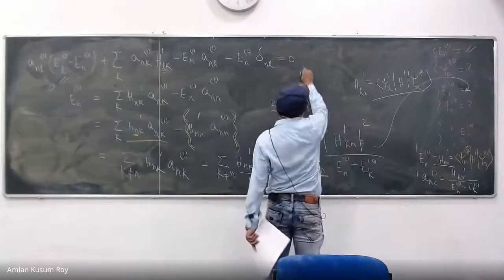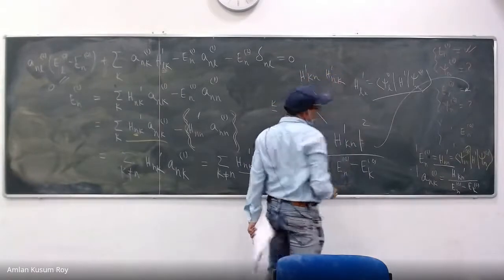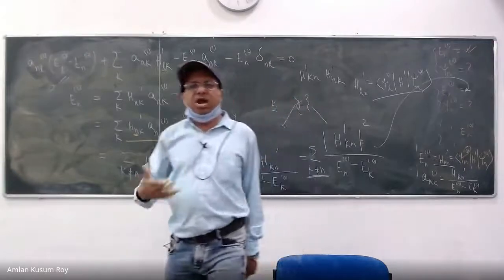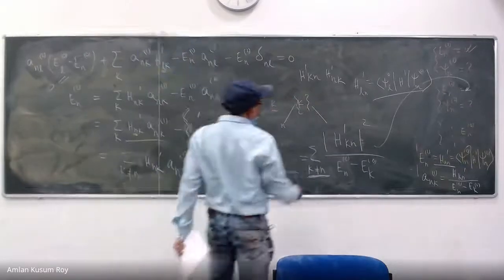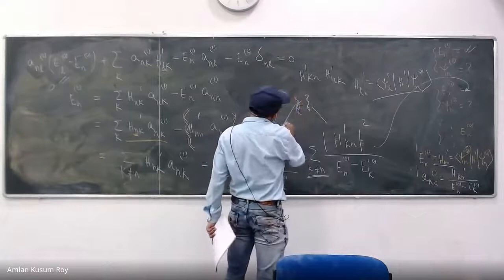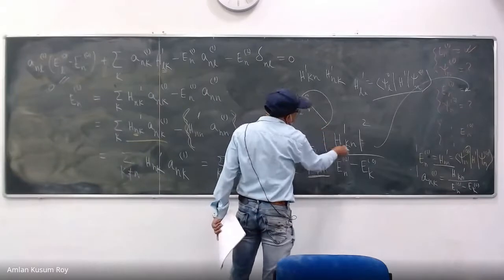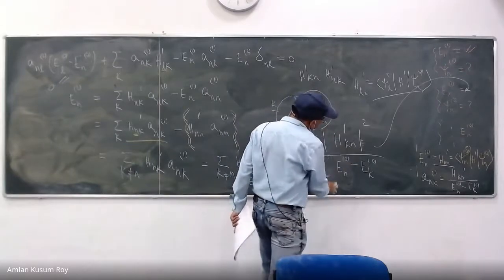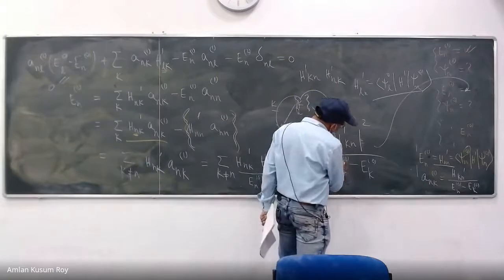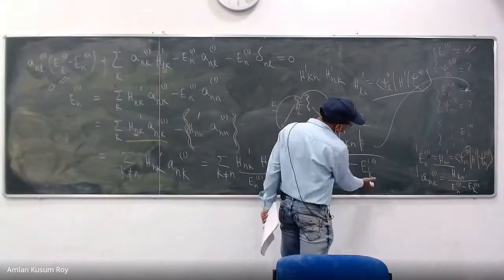Because h prime kn star means what? H prime kn into h prime nk. Because of the hermiticity and this star, you got a modulus, right? So you went from n to k, and then from k to n, you again come back. So these are nothing but the matrix elements which can be calculated. And what is this? Energy of the nth state at the zeroth order, and the k zeroth level of perturbation. So you can always do this.